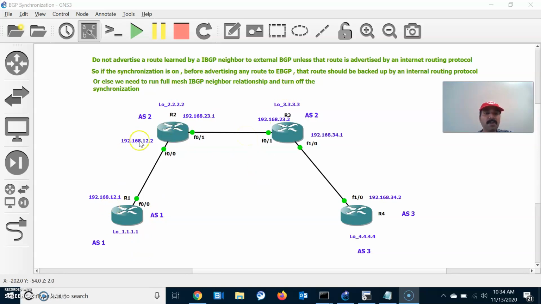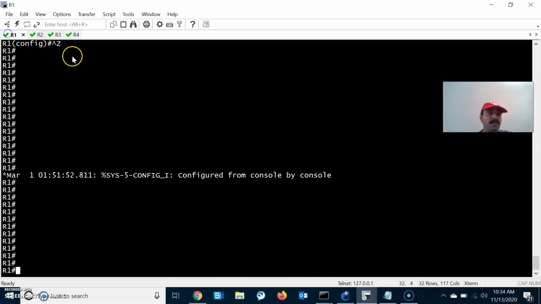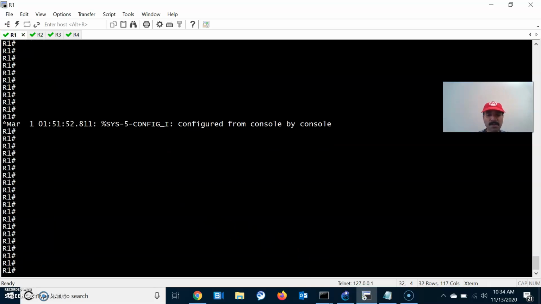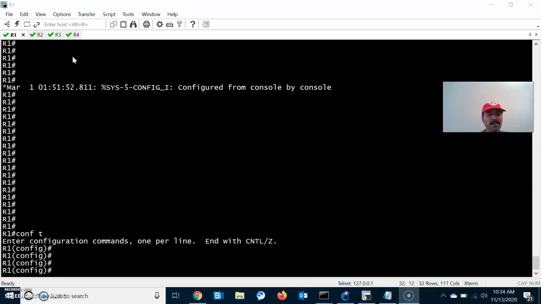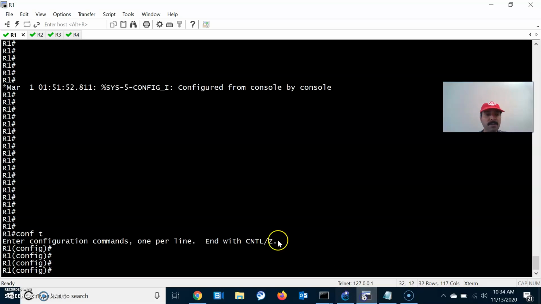So now let us go to the individual router and let us configure the BGP neighbor relationship. And I'm going to show how the synchronization rule works. So go to router R1, go to the configuration mode, and now let us configure the individual BGP neighbor relationship. Neighbor is 12.2, right? So go to router BGP 1